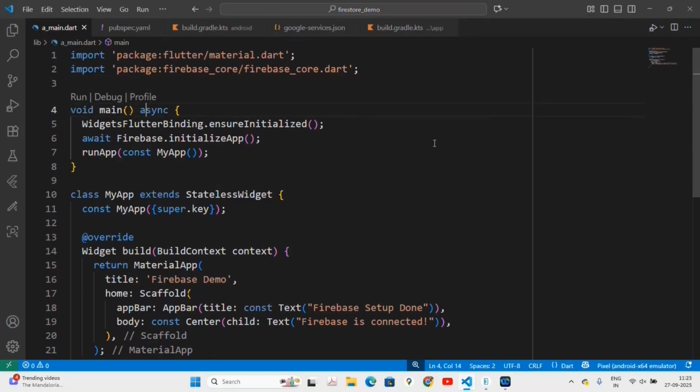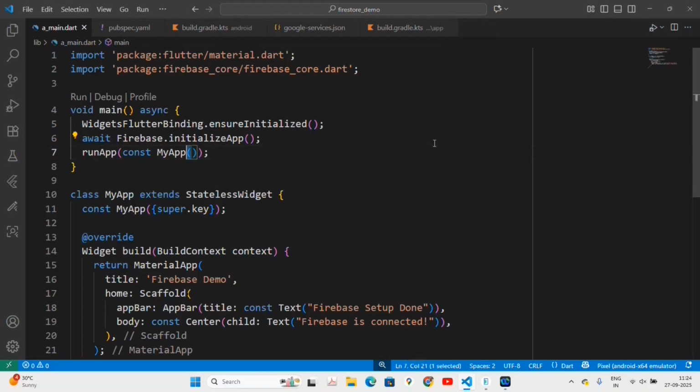Now main is declared as asynchronous because before running my app I want to initialize Firebase. So the first line you have to write is WidgetsFlutterBinding.ensureInitialized, and then you have to call await Firebase.initializeApp. After these two steps are completed, the app is connected with Firebase.